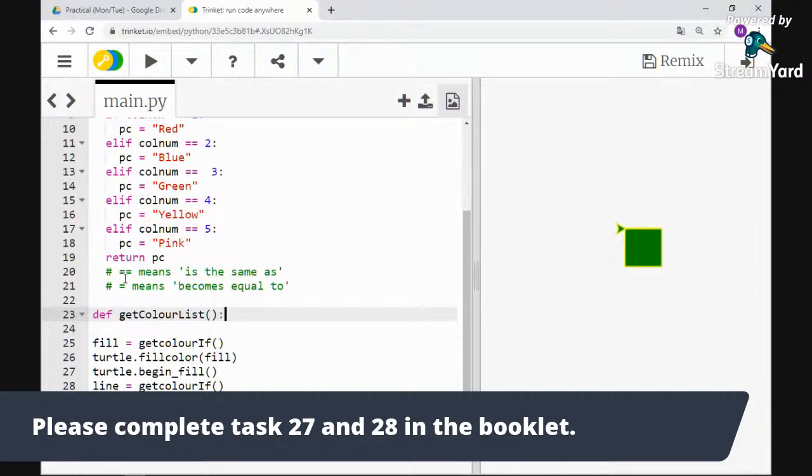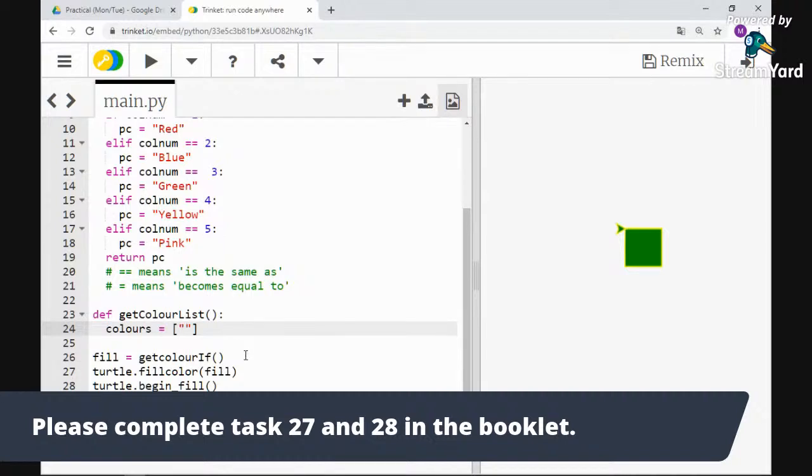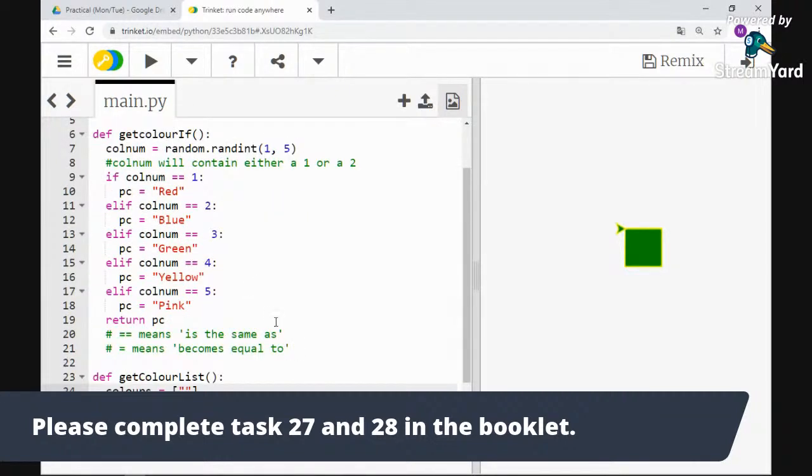Oops, said L instead of colon there. So this is going to be a much nicer way of doing it, because I'm going to create a list called colors. And hopefully you remember how to create a list. It's these square brackets. I can put them in speech marks. So I can say, like I've done up here, red, blue, green, yellow, pink,